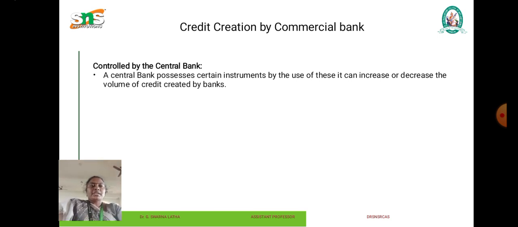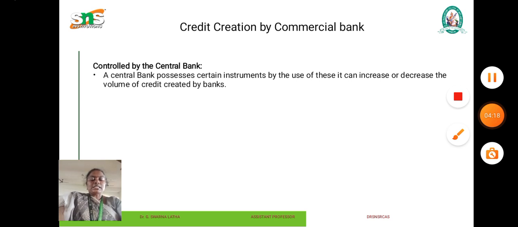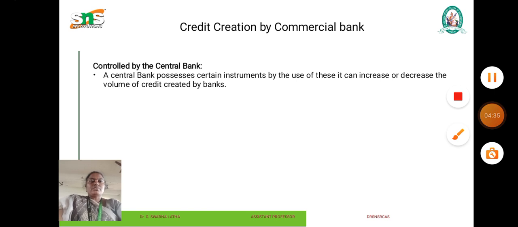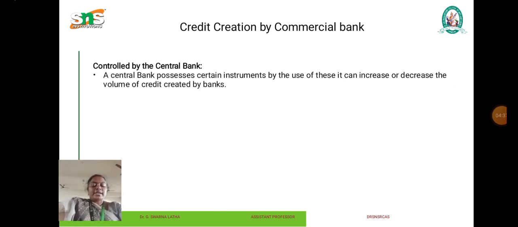Open market operations. It implies purchase and sale of securities in the stock market. When the central bank appears in the market as a seller of government securities, people will buy such securities by withdrawing money from banks, or the banks themselves invest in such securities instead of granting loans to the public. In either case, the power of creating credit will be restricted. On the other hand, if the central bank buys securities, money flows out, thus enlarging the cash balances of the member banks.